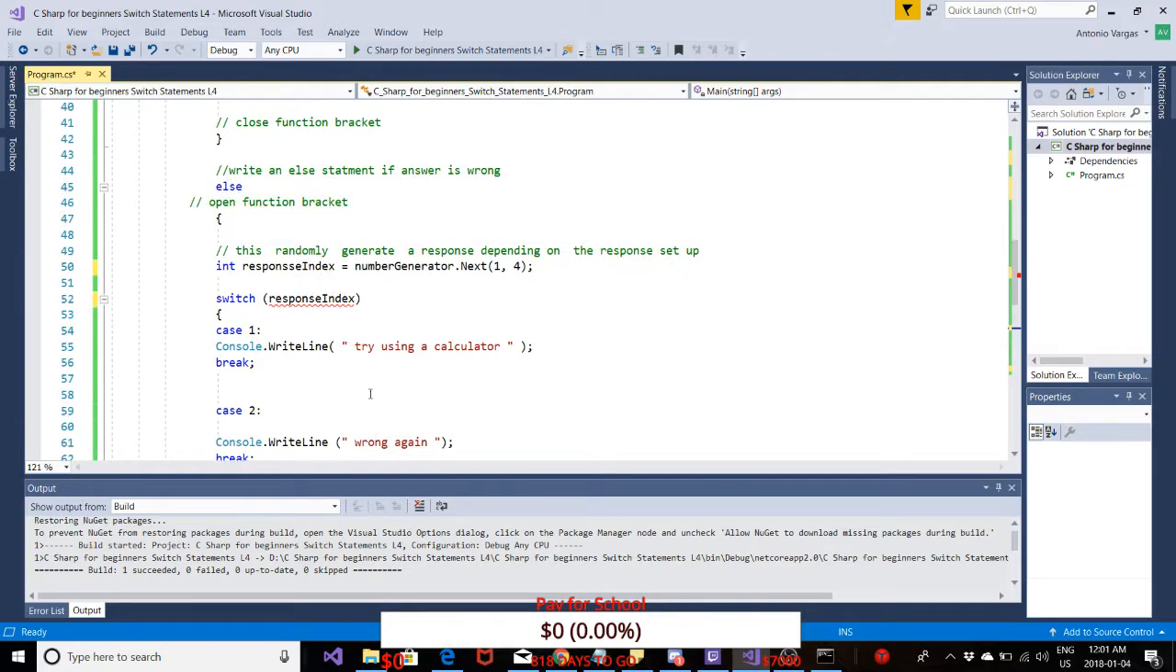Okay, so now what we have here is an integer called response index, which is equal to number generator dot next. So randomly generate a number again between 1 and 4. So the response,